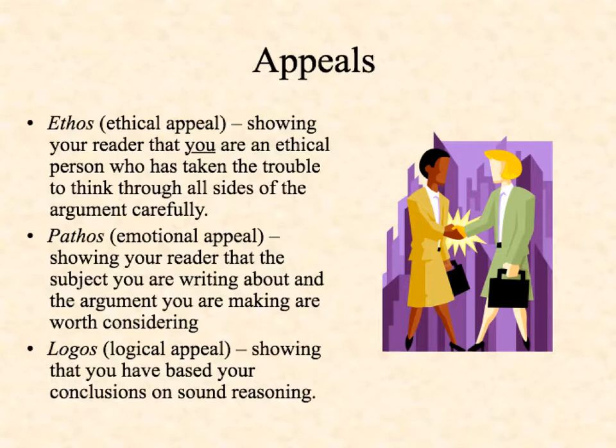Emotional appeal is not where you tell people how to feel, or where you use emotional language to get people on your side. And a lot of arguments do this. If you look at the material in the book on logical fallacies, you'll see that many of them are appeals to emotion. But that's not what I'm talking about. If you already feel strongly about a subject, it's pretty easy for you to write about that subject, in terms of writing words. Doesn't mean writing well, okay? An emotional appeal works differently.